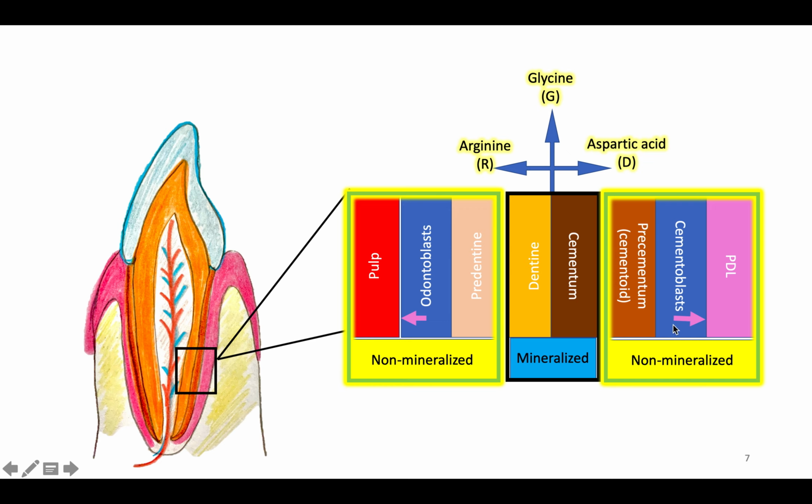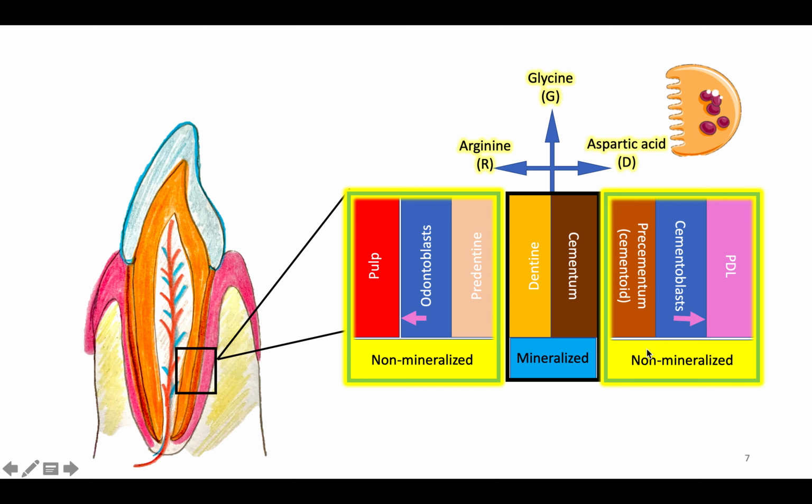And if there is any damage to the non-mineralized tissues protecting the dentine and the cementum, this peptide sequence will become exposed and it will attract the odontoclasts or the cementoclasts, and the resorption process will start. So what makes the root or the dentine and the cementum resistant to resorption are the non-mineralized predentine